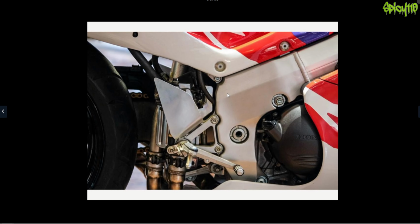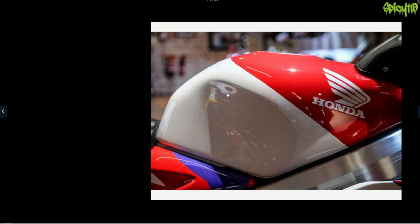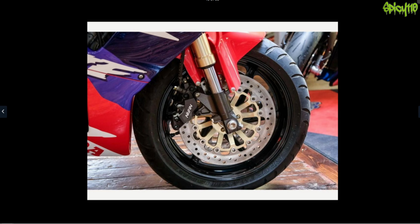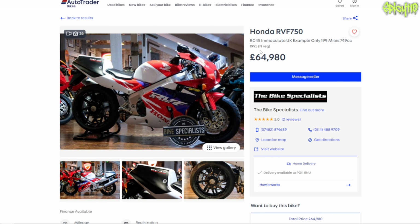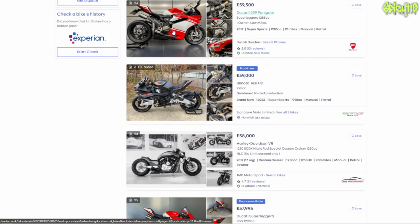Honda RVF 750. Are these now worth a lot as well? I know some of the other Hondas go for silly, silly money. Not saying it's silly for what it is. It may well be worth it. Wait, is this new? When is this? 95. Oh, okay. I've never liked the look of the boxy back end. I know what it was there for, but...